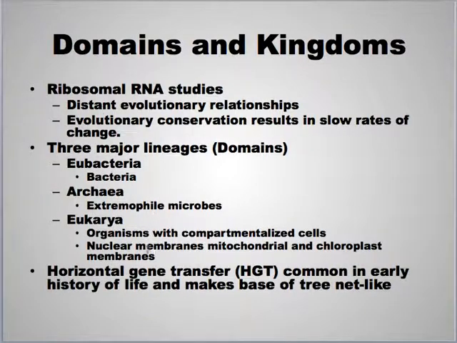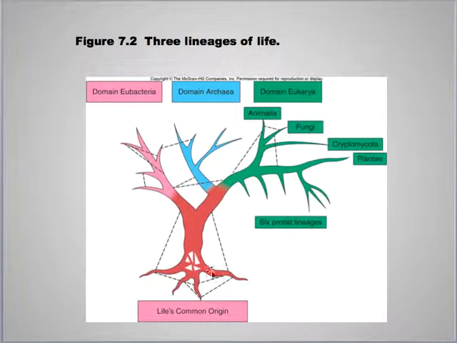Domains as a group, there are only 3 of them. The Eubacteria having, of course, the bacteria in it, Archaea having microbes in it, and then we have the eukaryotes, which are going to have everything else in them. And those are categorized in that group because they have compartmentalized cells. So here, if we look at the lineages of life, you'll notice that this group over here, the eukaryotes, are definitely the largest component.